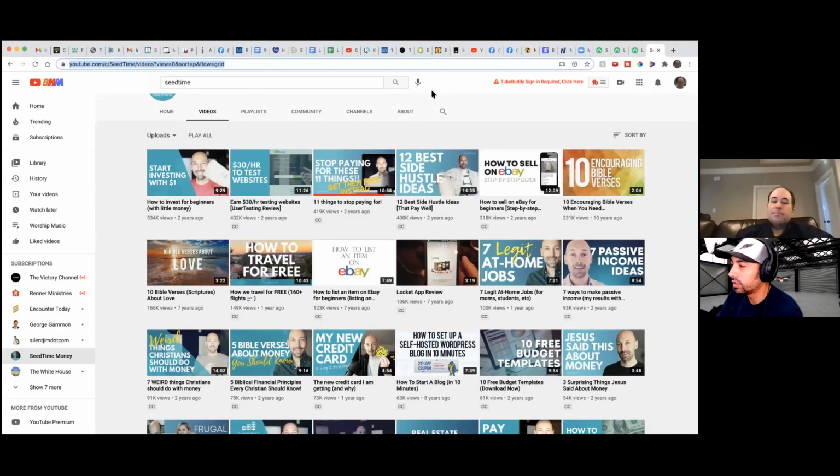So where it says 7 legit at home jobs, a style like that where he uses that same image, because you can see it right there where it says 5 Bible verses about money. It's the same stock photo, just moved over slightly. And that's probably the easiest one for a VA to do. Use this stock image, shift me over left, right, up, down, and then put